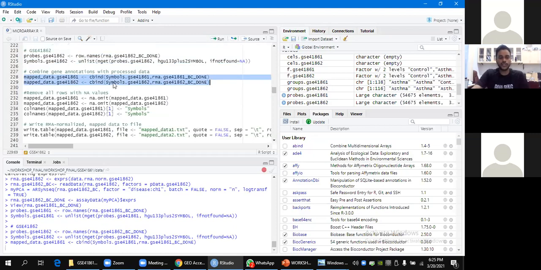I am now saving the mapped symbols from the probe IDs in a data object, map data for GSE44861 and 41862 for both of them, and placing it in the batch corrected data set, and for the second one also.